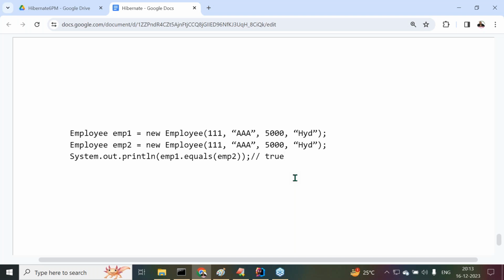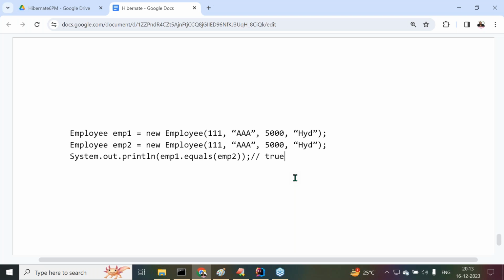What is the primary key? The first rule of primary key columns is that values must be unique. No duplicates are allowed in the primary key. Understand? Already one object we inserted, and when we try to insert the second object, the primary key value is the same, so we are going to get an exception there. But instead of checking that primary key constraint violation exception,